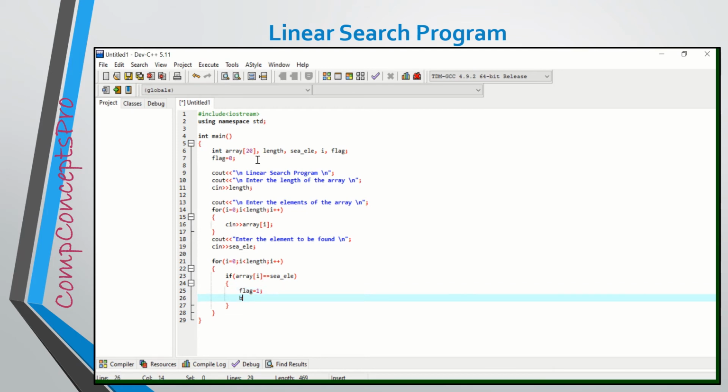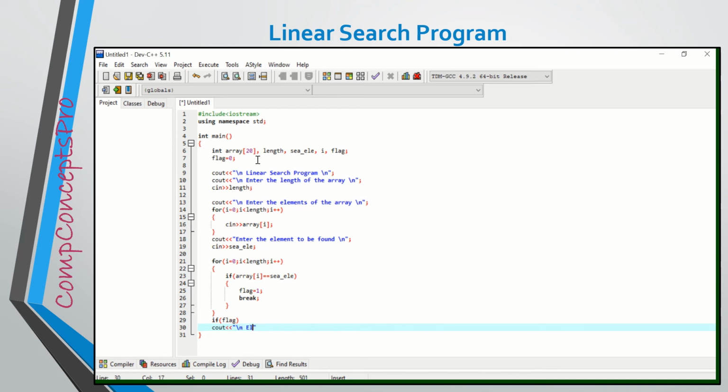And if it comes to be true, we will make the value of the flag 1, and again I will give a break statement, because if there is a match, this for loop should end and the next statement of the program should be executed.